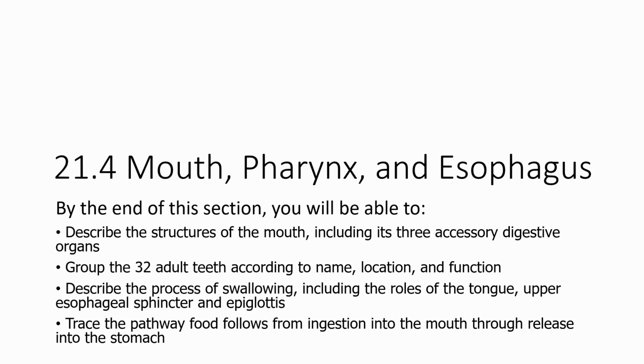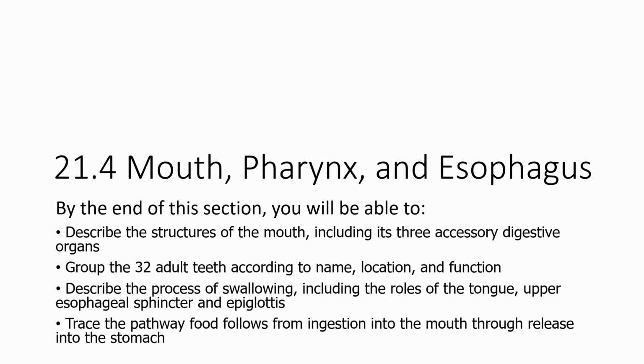All right, so now let's actually get into the organs that are going to be part of this GI tract. We're going to get into it in detail. So we're going to start with the mouth, the pharynx, and the esophagus for this video. We're going to talk about the mouth, including the accessory digestive organs we find in the mouth. We'll talk about teeth. We'll talk about swallowing and the role of the tongue, the upper esophageal sphincter and epiglottis play in that. And then we'll also talk about the pathway food follows as it goes down from the mouth